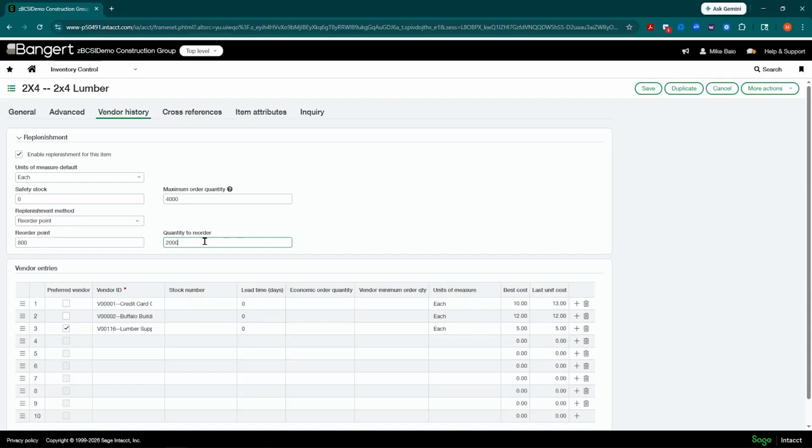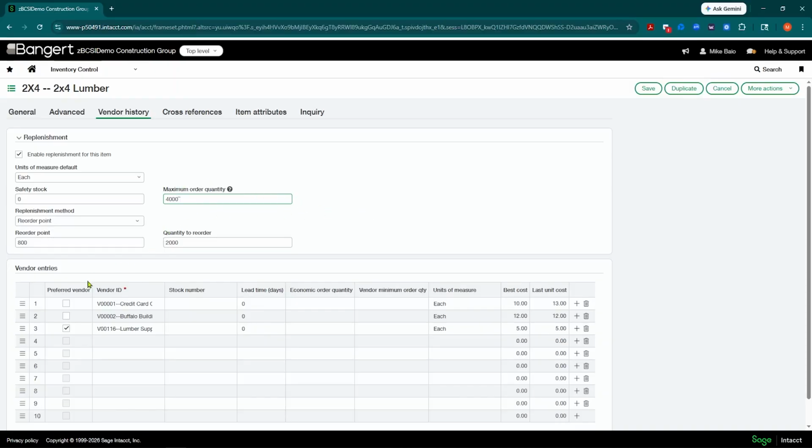You will see where you'll be able to override that during the generation, but this is a default that will pre-fill in for you. You can also set up a maximum, so the system will give you an error if you try and order too much. We don't want to have too much inventory on stock, so you can set up these maximums. Not required, but you can set them up here.